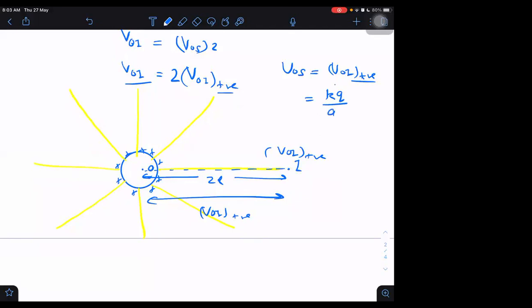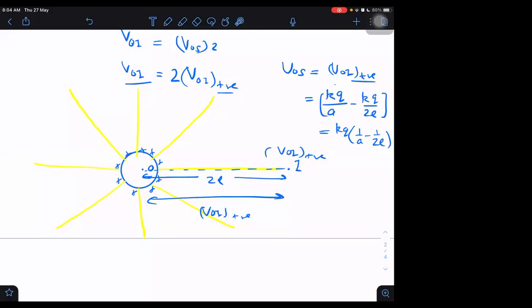Yes, sir. A minus K Q by 2L. That is it. So we are getting K into Q into 1 by A, which is very small as compared to the other. A is very small. Then I think I can neglect the 2L part here, right or not? Otherwise, if I don't have to neglect, it depends on the answer. I think they are giving the answer in terms of L. Why would they give L otherwise?